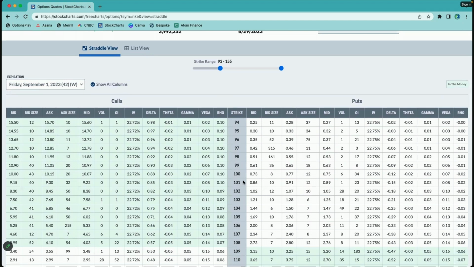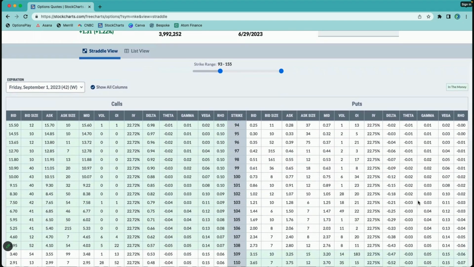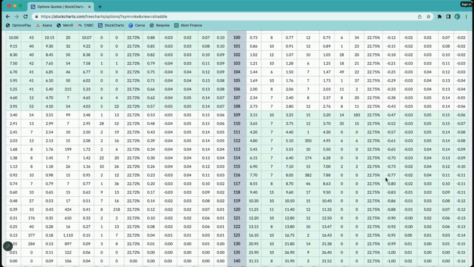Now, without going too deep into how all of the Greeks work, delta, the definition, means that as the underlying security moves by $1, all else equal, that's how much the premium will move. Because remember, the premium's not derived just from the underlying security. There are other external factors that affect the price of the option. But because of that, delta is also used for the probability of being out of the money or in the money at expiration, depending on the way that you use that, which means we can utilize it to choose strike prices.